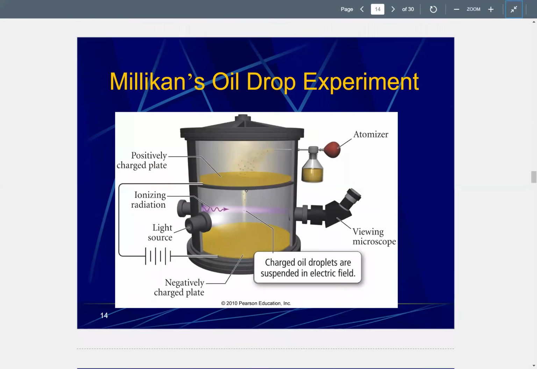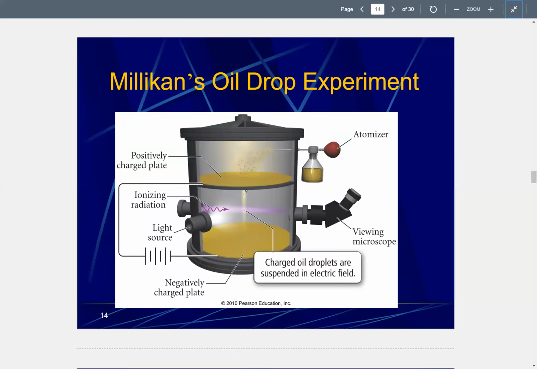Here we go. He devises this really cool experiment where he has a chamber and he's going to squirt some oil in there, and he's going to hit it with some radiation. So at this time, radiation is discovered. You might have heard of someone called Madame Curie, Henri Becquerel, these guys. And so basically they find with strong enough radiation, you can ionize, or basically split the electrons off